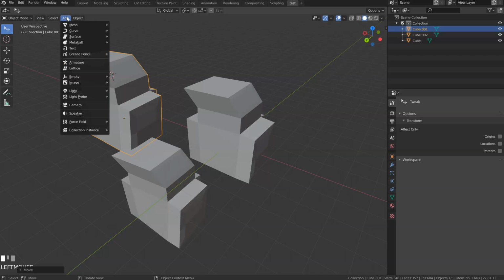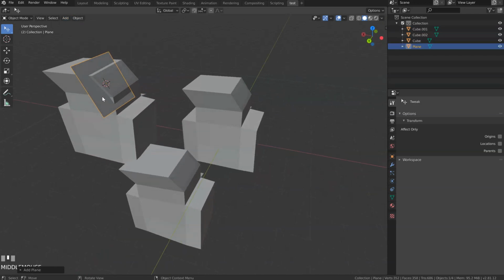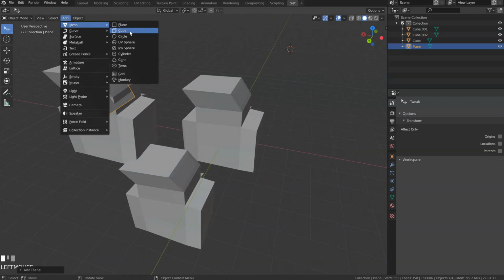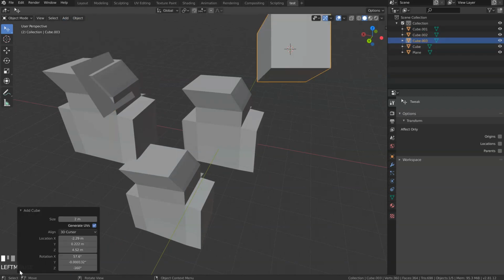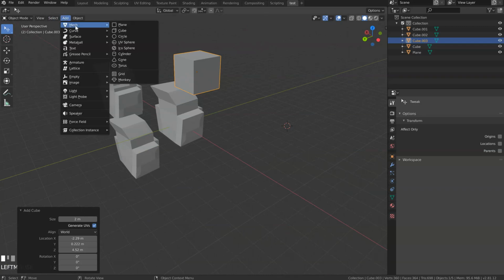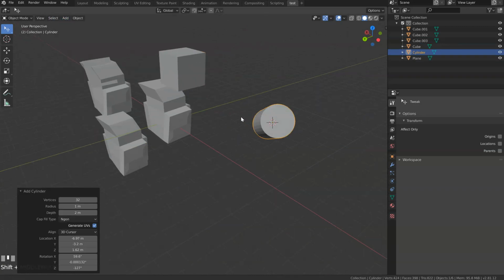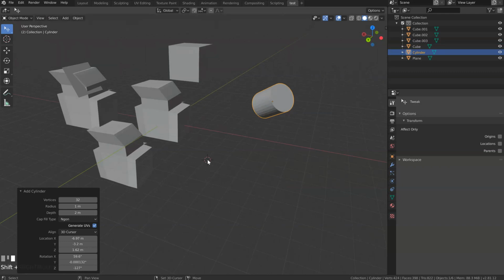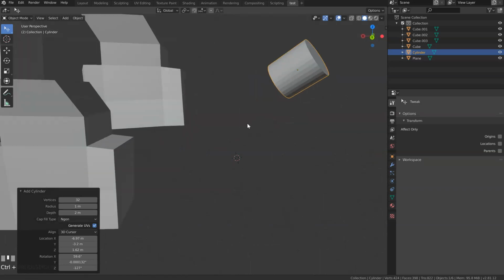So this add button is to add object in the scene if you want to add a plane. And as you can see, the plane will be under cursor. Always the new object will be under cursor if I add a cube. And as you can see, the option is on the 3D cursor. You can choose it after. Like that. If I do this, add, let's see, a cylinder, like that. And if you place the cursor like that, the cursor will be depending on the view. And since you have nothing selected, the cursor will be rotated, as you can see.